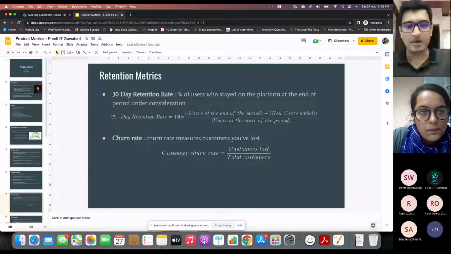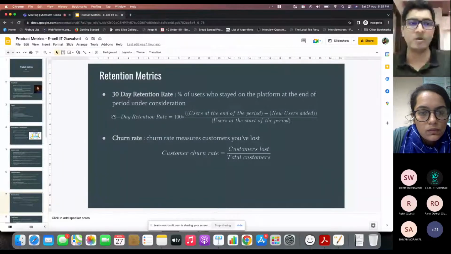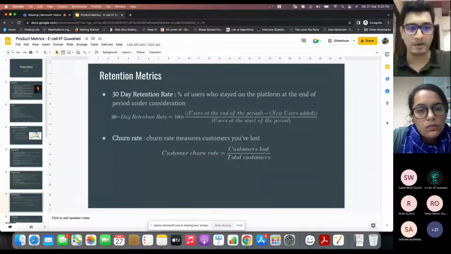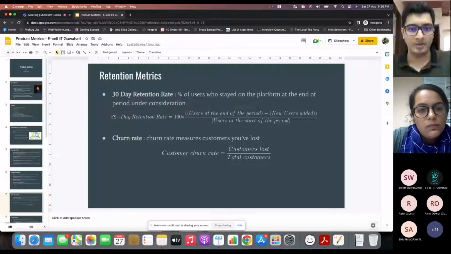So let's say then your retention becomes 90-day retention, because whenever they want to buy lifestyle products, as a company you would want them to come back to your platform, right? So your natural frequency becomes 90 days, so you will track the 90-day retention rate. But let's say you are a payment app like Paytm, right? Probably you would want your customer to visit every day, because you would have to make some payment on a daily basis, or maybe a weekly basis, right? So you will probably track a weekly retention rate, right?